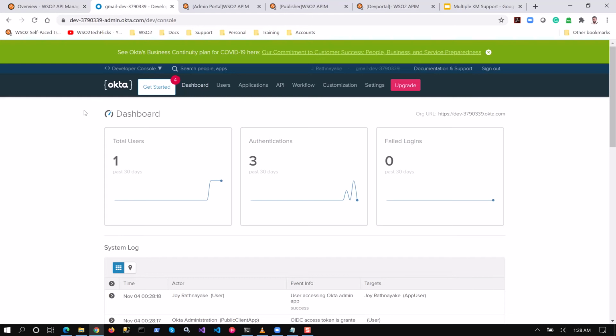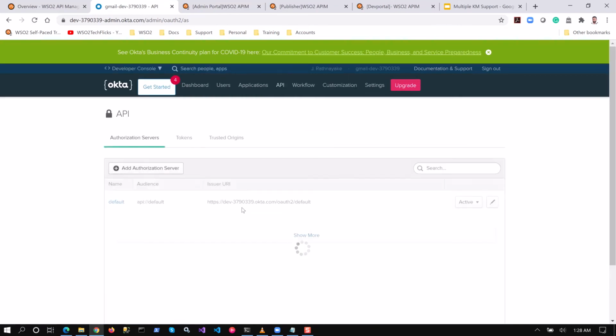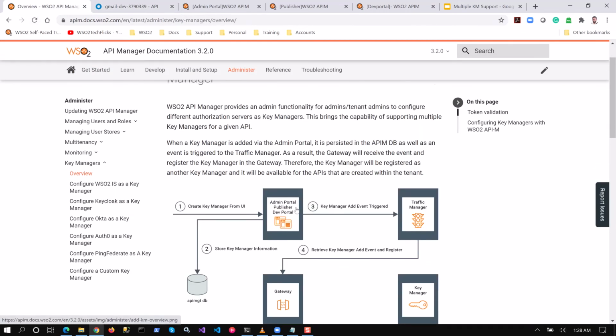You can easily set up a developer account by going into this portal. What I have done is I have used the default authorization server and configured it to use some set of inbuilt scopes, and also I have followed the documentation provided in the WSO2 API Manager 3.2.0 documentation.